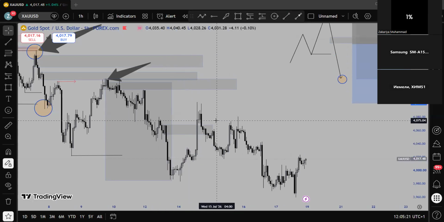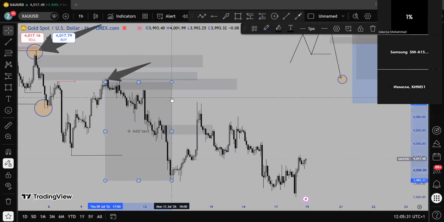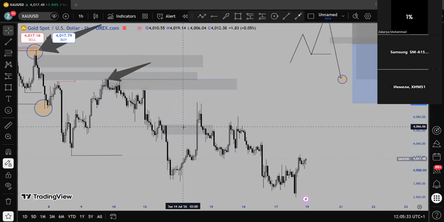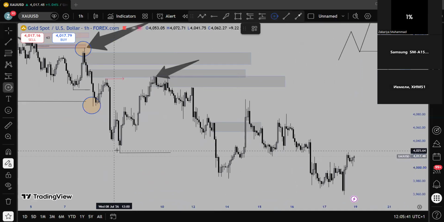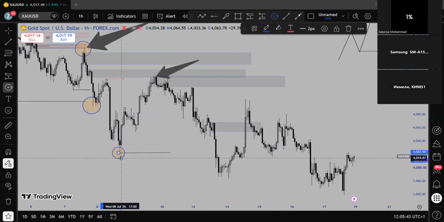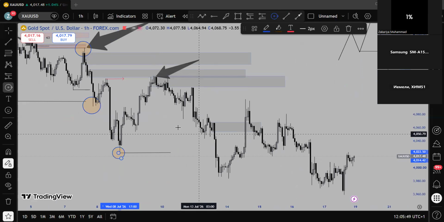If you have a structure that you trade, fair value gap or your SLP structure, then you look for the structure at that premium range. These are the zones where we expect to sell at premium and buy at discount. So in that range, when the market taps into this zone, we know that the current trend is bearish. And then the target is the market to take out this low, right? To validate our structure. And there's our invalidation zone.